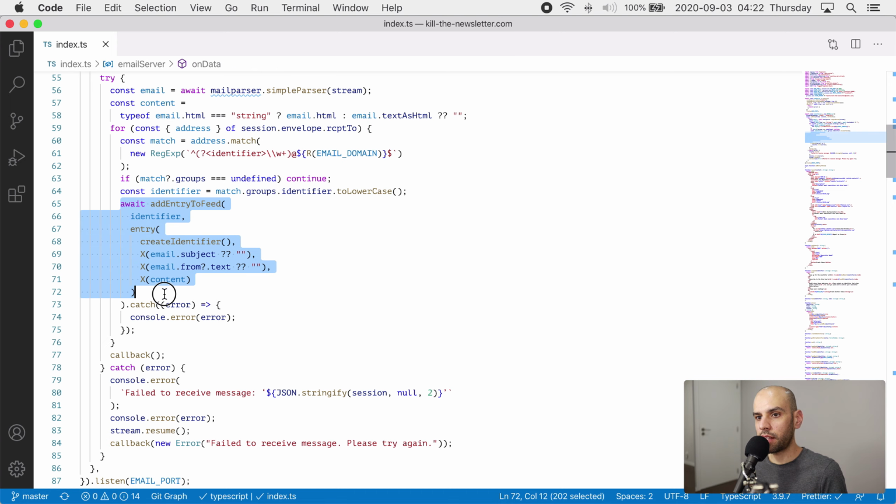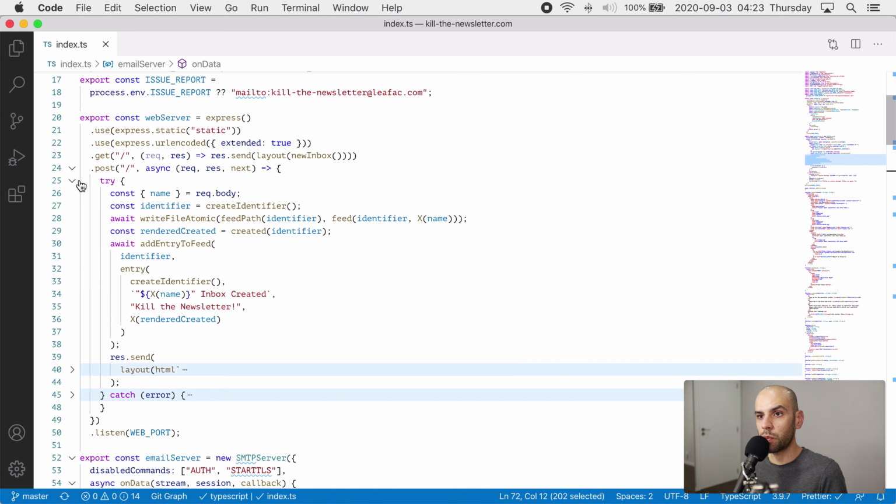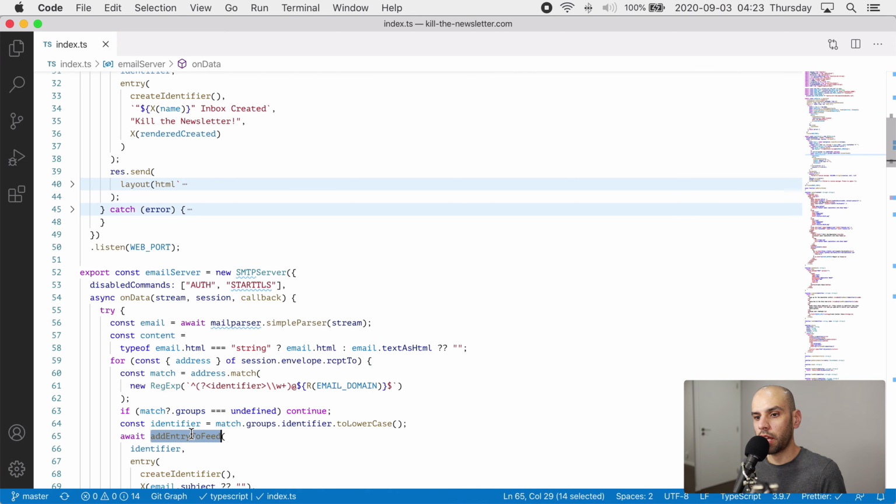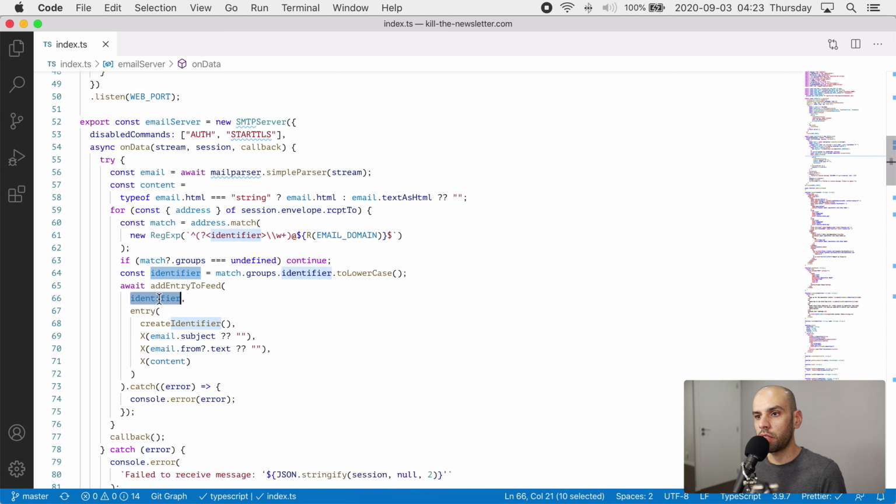Then I call addEntryToFeed, which is similar to what we did here when we created a new feed to add that first entry. So I add entry to feed, similar here, with the identifier